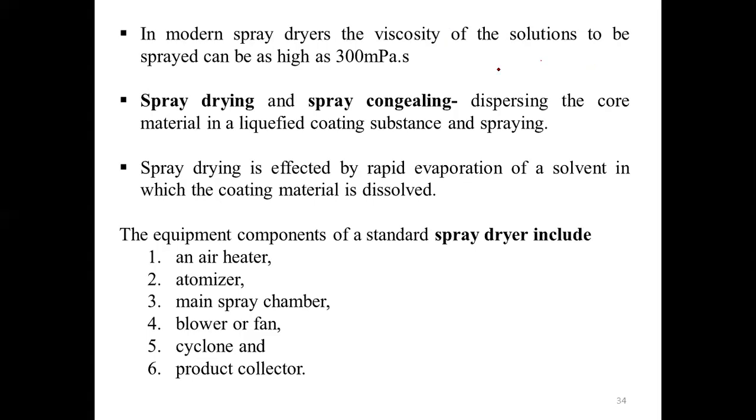So in a spray drying process, there are various process variables that we have to consider. That includes the feed material properties like its viscosity, uniformity, and the concentration of the core and the coating materials. Along with that, we have to control the feed rate, the method of atomization, and the drying rate, which is normally controlled by the inlet and outlet temperatures and their airstream solvent concentrations.